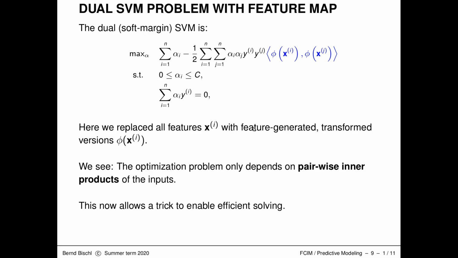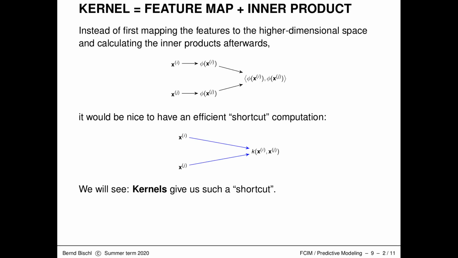So this optimization problem only depends on these pairwise inner products, either of the direct representations or of the feature mapped representations. And this now allows us to exploit this through a certain trick, where instead of first mapping